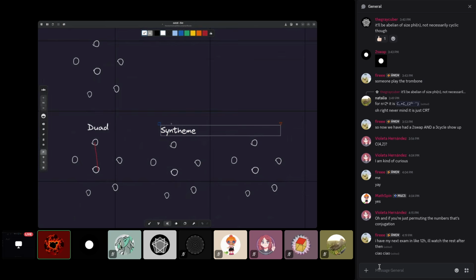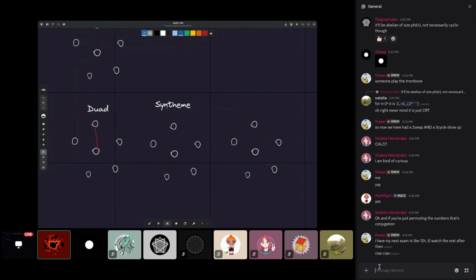Syntheme is the next one, another silly name. What is that? That is 3 disjoint ones of those. So 3 edges, no 2 of them going to the same node, same vertex. And finally, and most excitingly,